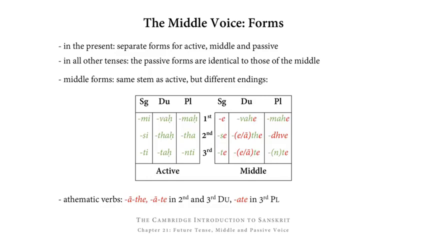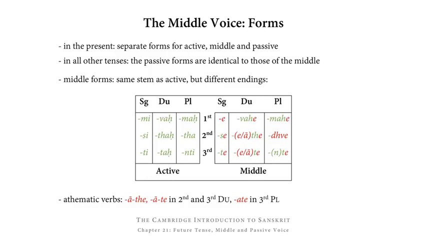And when you look over at the middle forms, you will notice two things. First of all, middle endings all end in e. That is one way in which you can recognize a middle verb form. Secondly, you will see that there also are a number of formal similarities between active endings and their middle counterparts. So, for example, in the first dual, we have wah and first plural mah in the active, but in the middle, we have wahe and mahe, respectively. Use those similarities to remember these new middle endings more easily.